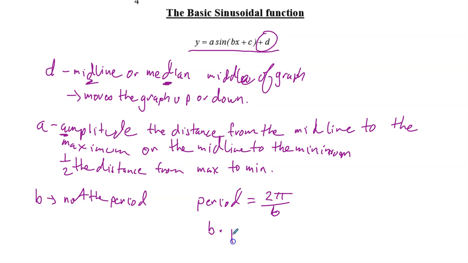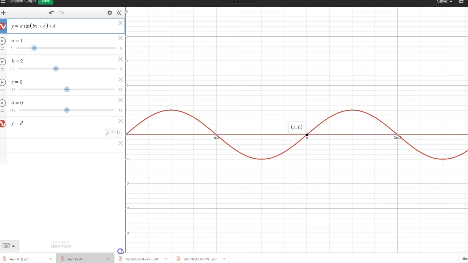Now if I multiply both sides by B, so B times the period gives us 2 pi, then this also means that B is equal to 2 pi divided by the period. So if you know the period, if you can look at the graph and figure out the period, right? So just as we would do here, if I look at the graph and I can figure out the period,